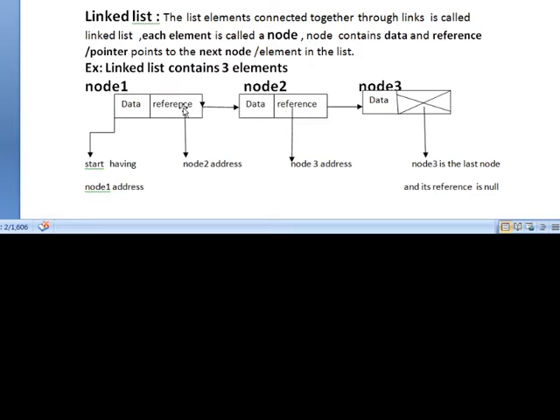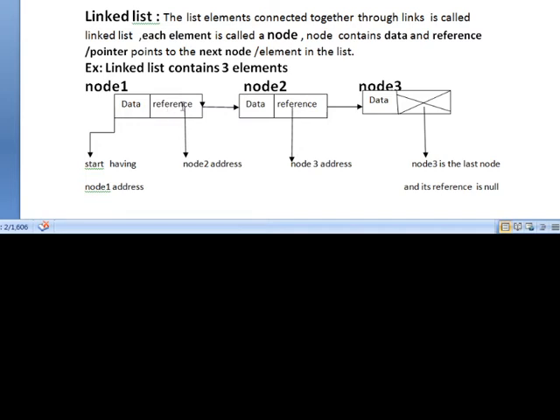All the elements of a list connected through links is called a linked list. Each element is called a node. A node contains data and a reference, what you call a pointer, to the next node in the list. So a linked list is nothing but a collection of nodes. Each node contains data and reference.